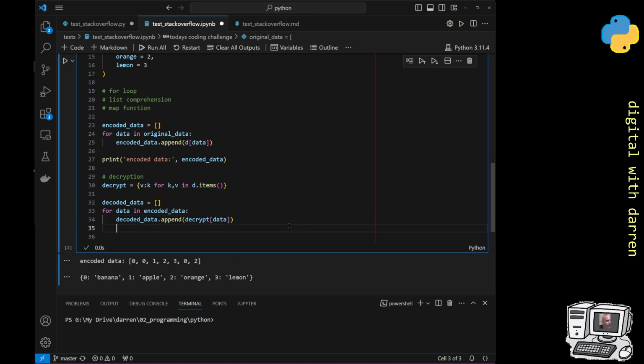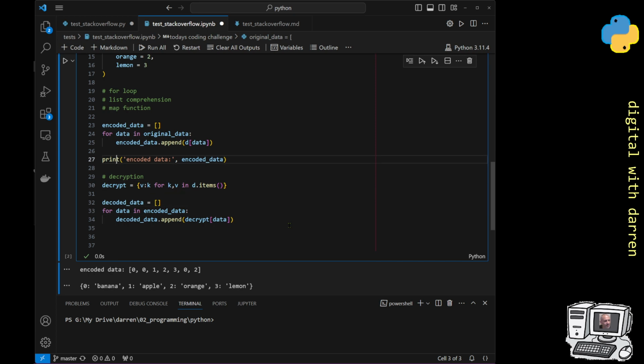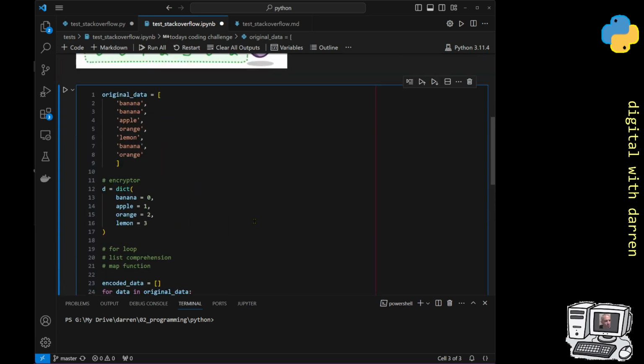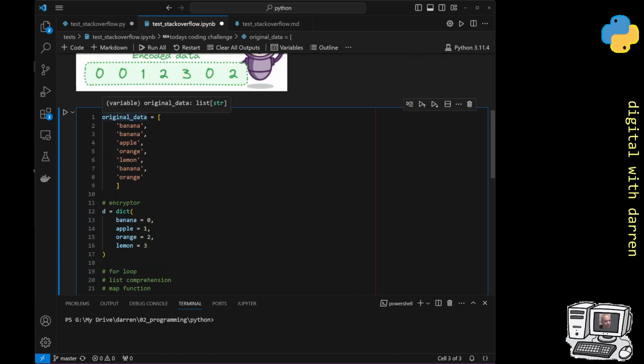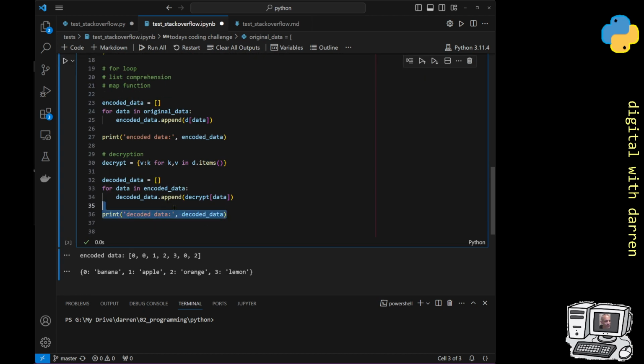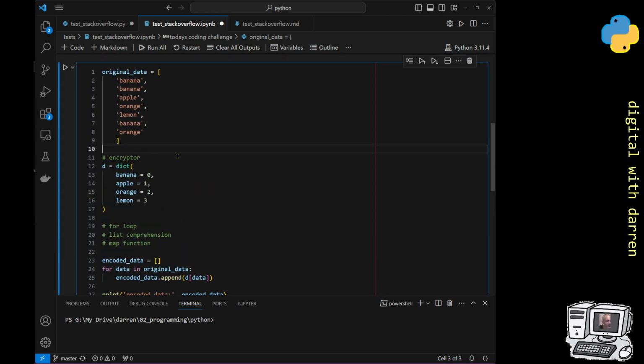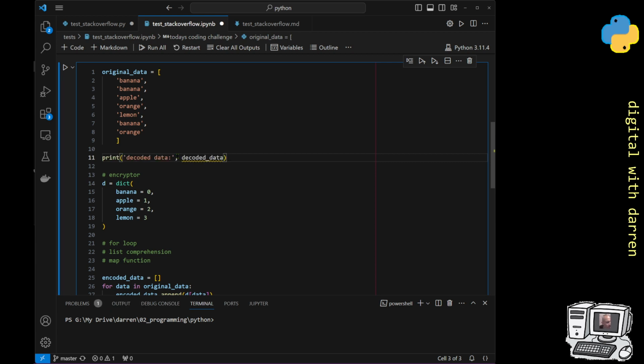So finally, when we've done our little pattern, we're going to do exactly the same thing over here, which is actually just print out the result for ourselves. And this time the result is going to be the decoded data. And here we're going to need to have the decoded data, just like that. And probably just for posterity, I'm going to do at the top, we're going to print out our original data, just so that we can do a comparison for sanity check right in the beginning after we've actually created this. So let's just do this, print, and this is actually going to be our original